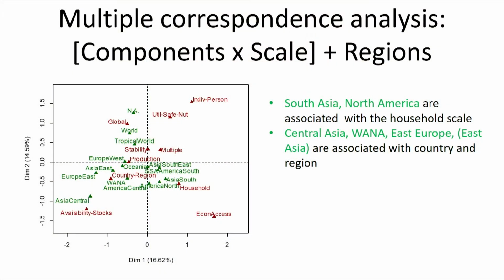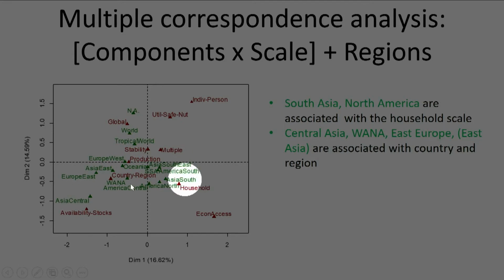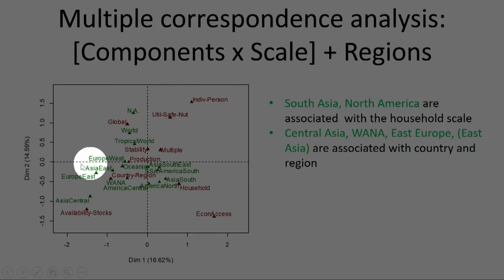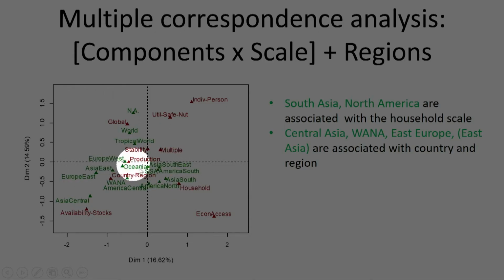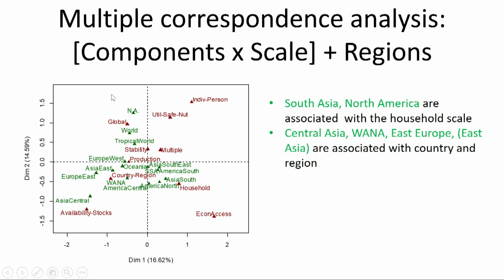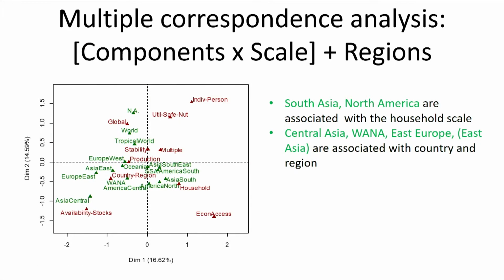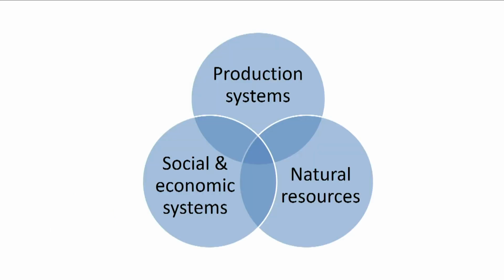And we can also use the same map to represent the distribution of countries or regions in the world which have been studied. We see, for instance, that regions of the world such as Central Asia, East Europe, and East Asia are more associated with stocks and country region aspects. And we see that some of the key regions where food security is a major issue are at the center of the graph, meaning that they are the core of the aspects that are covered by food security articles. So I would like to not take too much of my time.